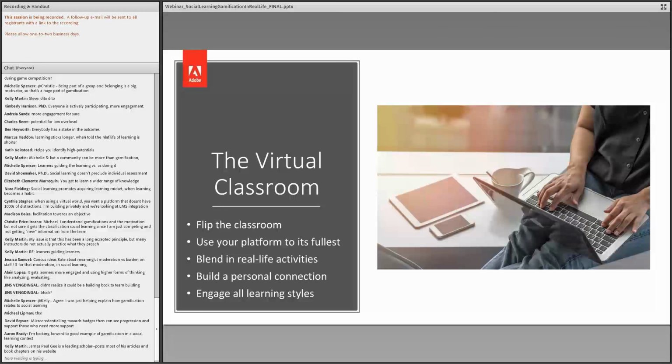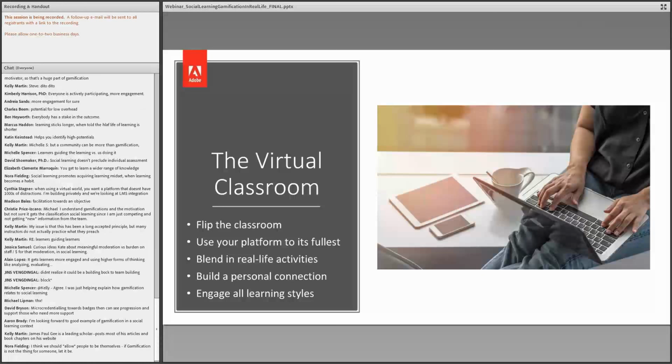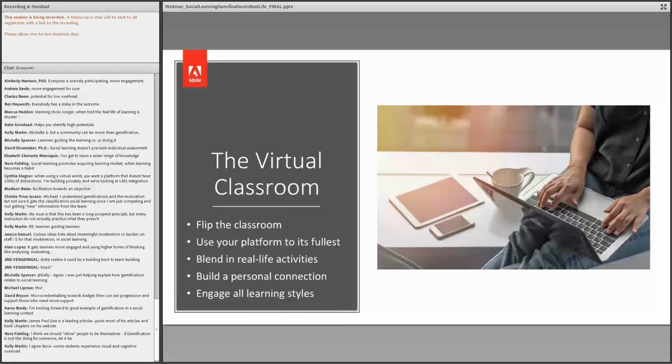So the virtual classroom, 5 little things to talk about here. The virtual classroom is one that sometimes people don't think of as being flippable. You know, if you ever go to conferences, you hear a lot of people talking about the flipped classroom, where people do assignments, they're actually learning things, and then bringing those learnings to a classroom setting where they are discussing more than learning within that setting. And you can absolutely do that through a virtual classroom setting using social learning.